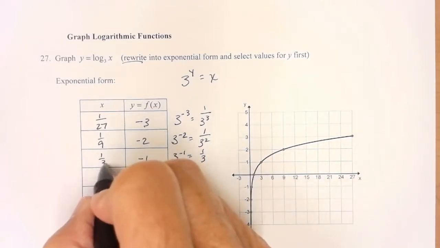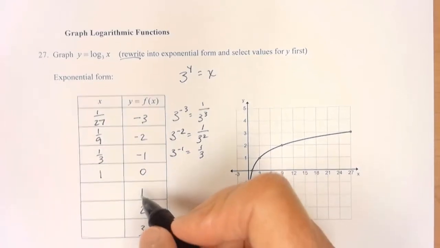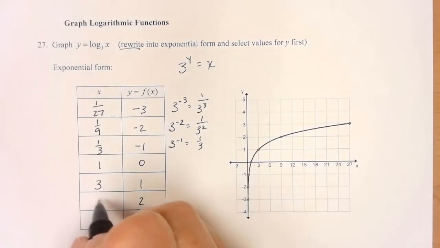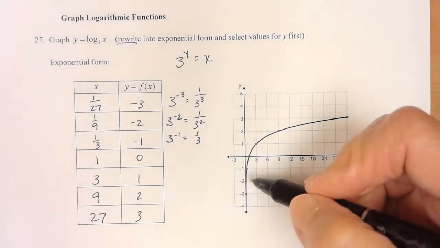That would be 1/3. 3 to the 0 would be 1. 3 to the first would be 3. 3 squared is 9. And 3 to the third would be 27. The points are plotted here. And if you'll notice,